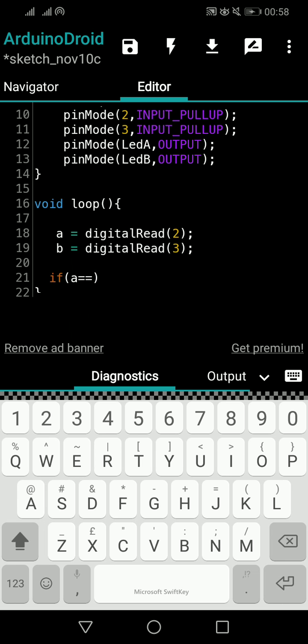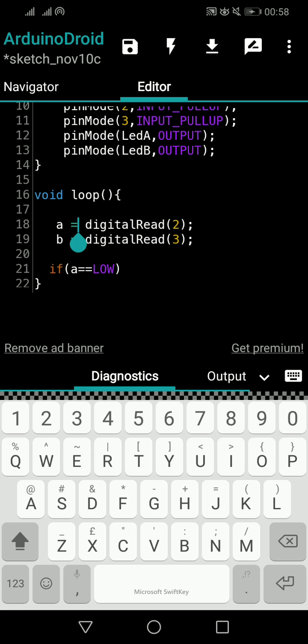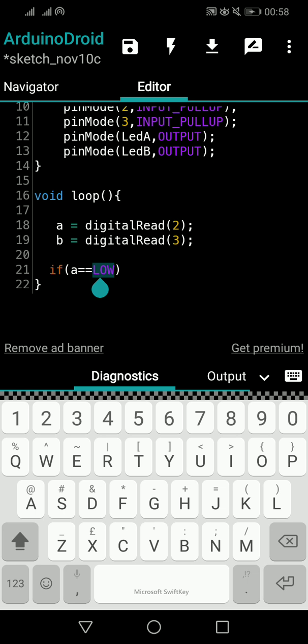So I am checking that condition. To check a condition we have to use double equals, to see if that is equal or not. If we assign it, we have to use single equal. So there is a difference between the assignment operator and the comparison operator. You should know why we use double equal and single equal, and where. When you compare we have to use double equals. That means if A is low, that means if the button of A is pressed,